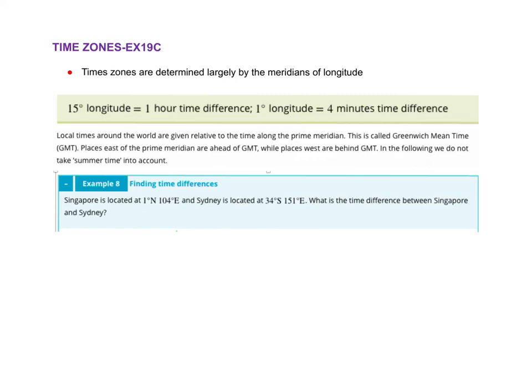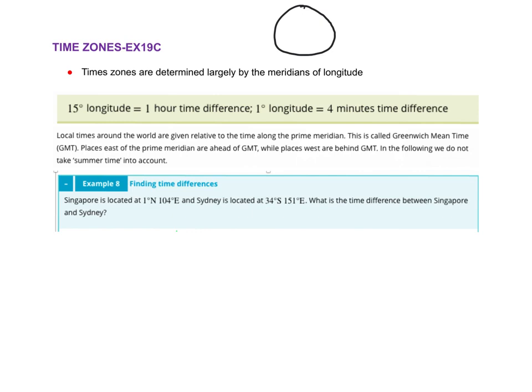Okay, so today we're going to talk about time zones. So we know in the world, say for us here in Australia, it might be 1 o'clock at lunchtime or in the afternoon. If you're over in Africa, it'd be the morning of the day, okay? So we know there are time differences, and they're calculated using the longitude